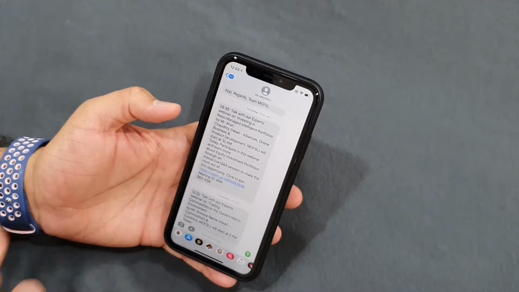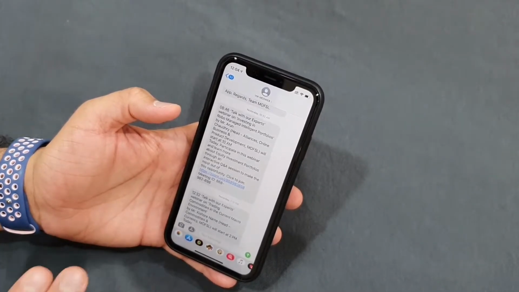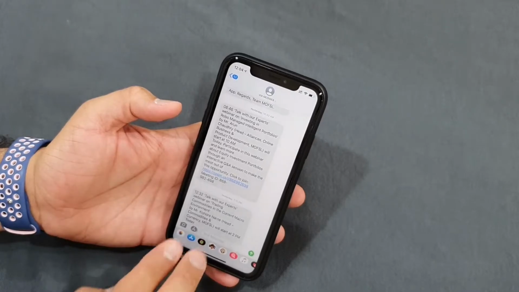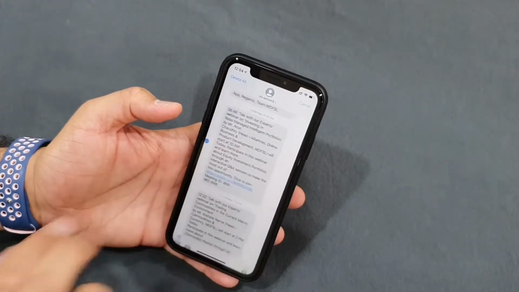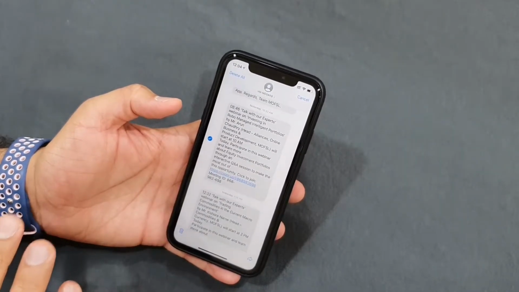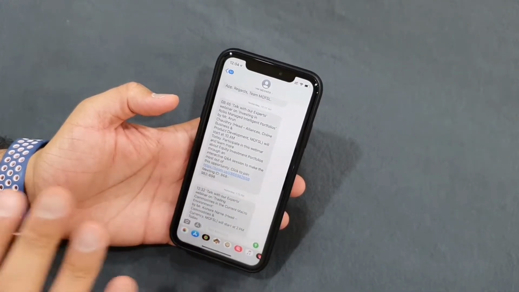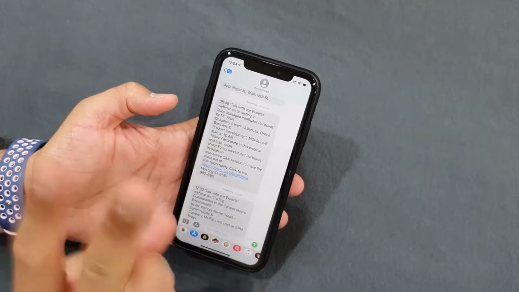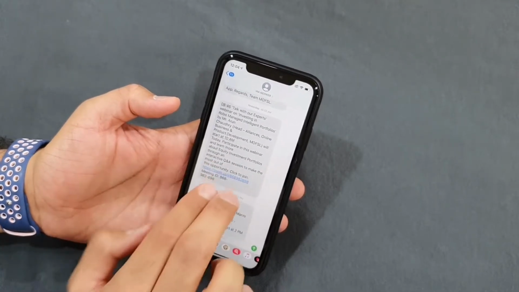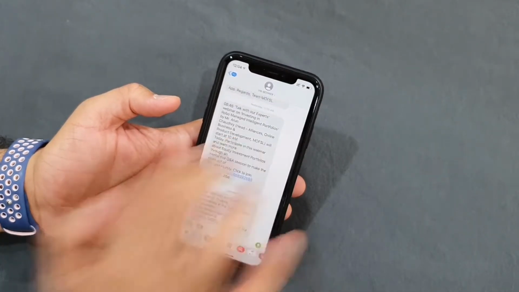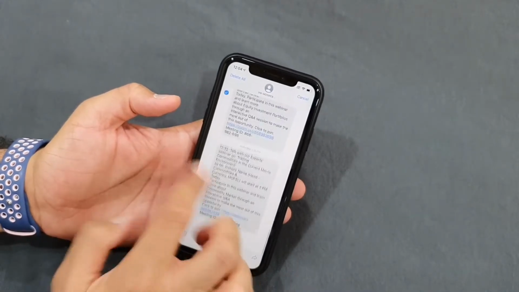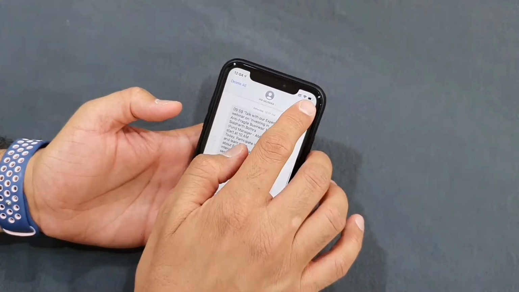Now you can just press with 2 fingers on any message and you can directly go into the edit mode like this. It's that simple and that easy. I am 100% sure very few will know this trick. Just press with 2 of your fingers on any message to go into the edit mode. That's it. You can delete it, you can select multiple messages, whatever you want to do.